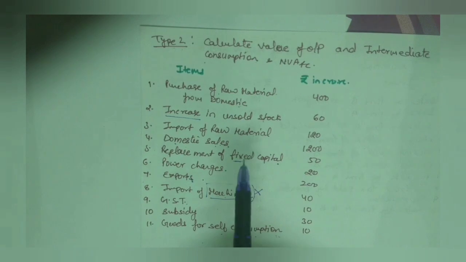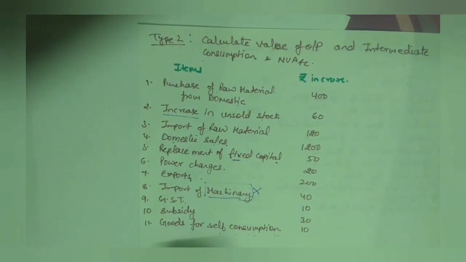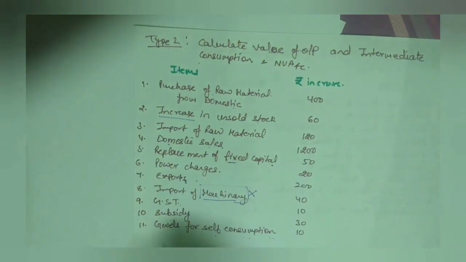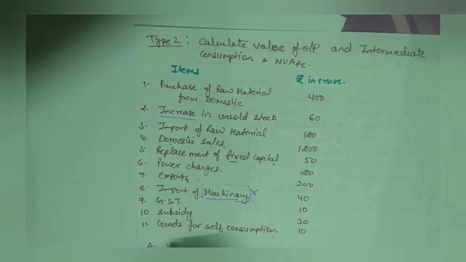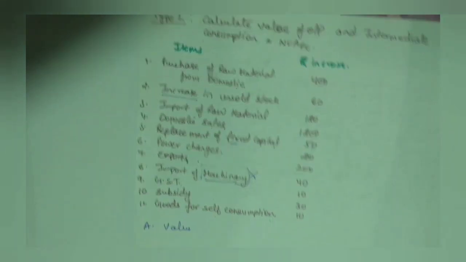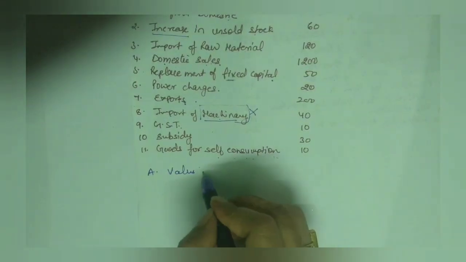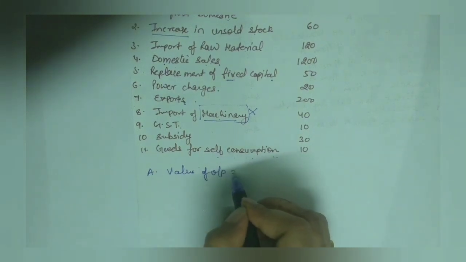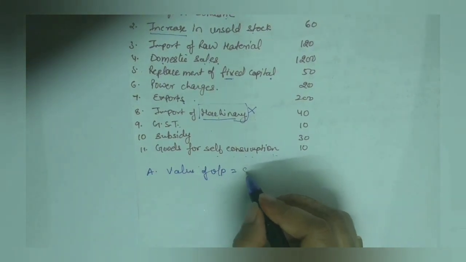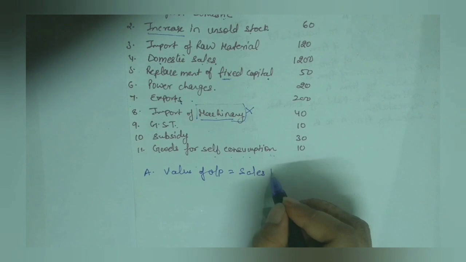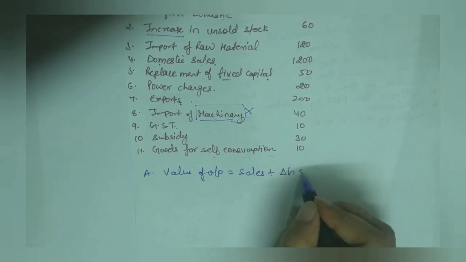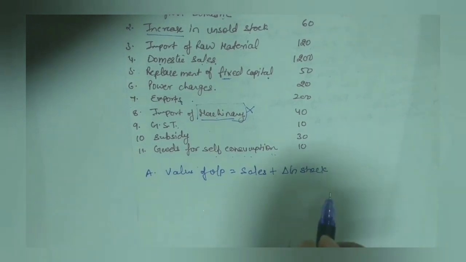तो अब हम इसको फॉर्मूले के अकॉर्डिंग चलते हैं. सबसे पहले हमारा क्वेश्चन क्या है? वैल्यू ऑफ आउटपुट. तो पहले क्वेश्चन का फर्स्ट पार्ट सॉल्व करेंगे, दैट इज वैल्यू ऑफ आउटपुट. सो फॉर कैलकुलेटिंग वैल्यू ऑफ आउटपुट द फॉर्मूला इज सेल्स प्लस चेंज इन स्टॉक